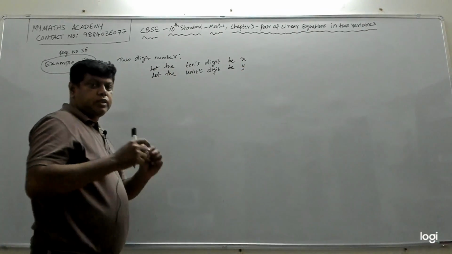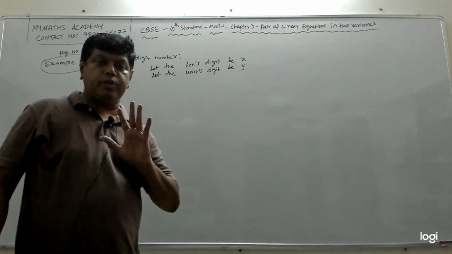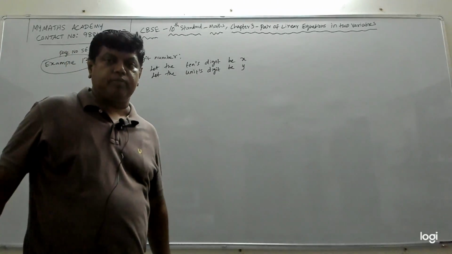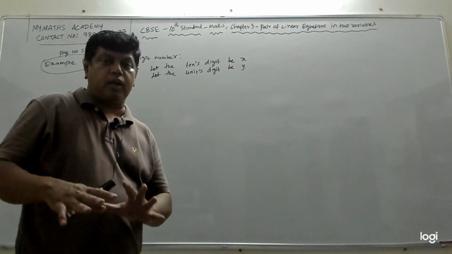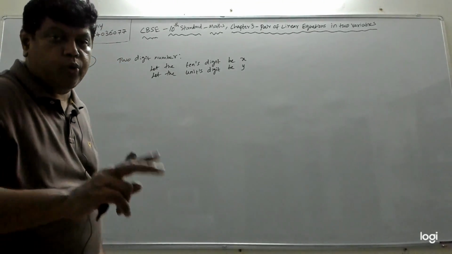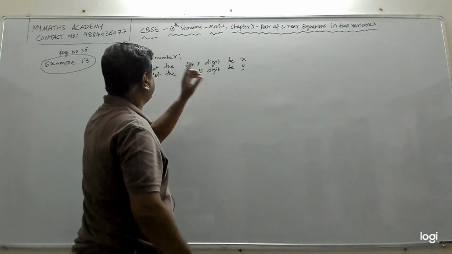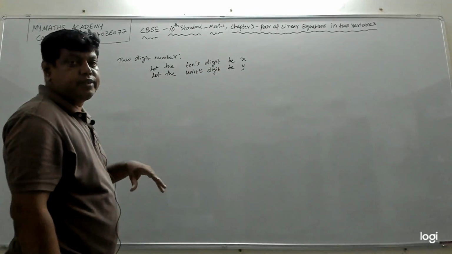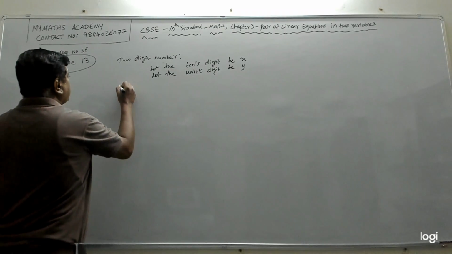Don't even read what is given in the question. That will come later. We'll read the entire question and try to understand it. But the moment we see a 2-digit number, we should immediately define its tens digit as x and units digit as y. Then we should write, so the 2-digit number is